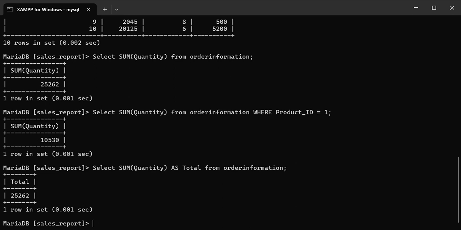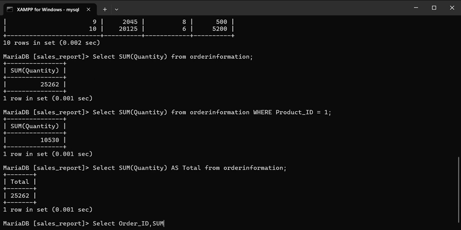Another example is using the SUM function with the GROUP BY clause. The SUM function and the GROUP BY were used to return the quantity for each order in the order information table. So the statement will be: SELECT the order ID first, because that will be the basis for the GROUP BY.